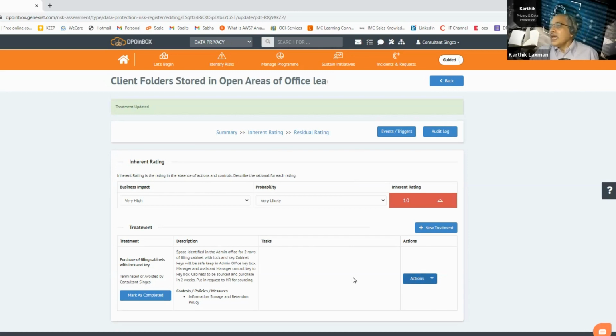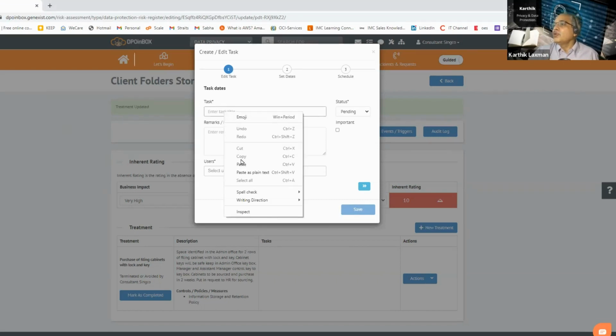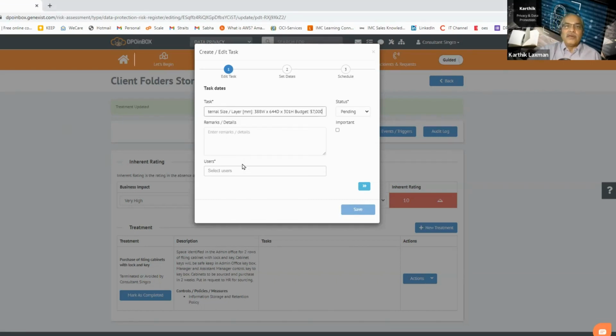And then the action that needs to be done. So this is done by the marketing department, but they don't get involved in the procurement of it. So they want to pass the action to the department that procures. So you might want to pass this to, maybe you've taken the dimensions of this particular cupboard that you're really looking for, and you probably have done some homework.